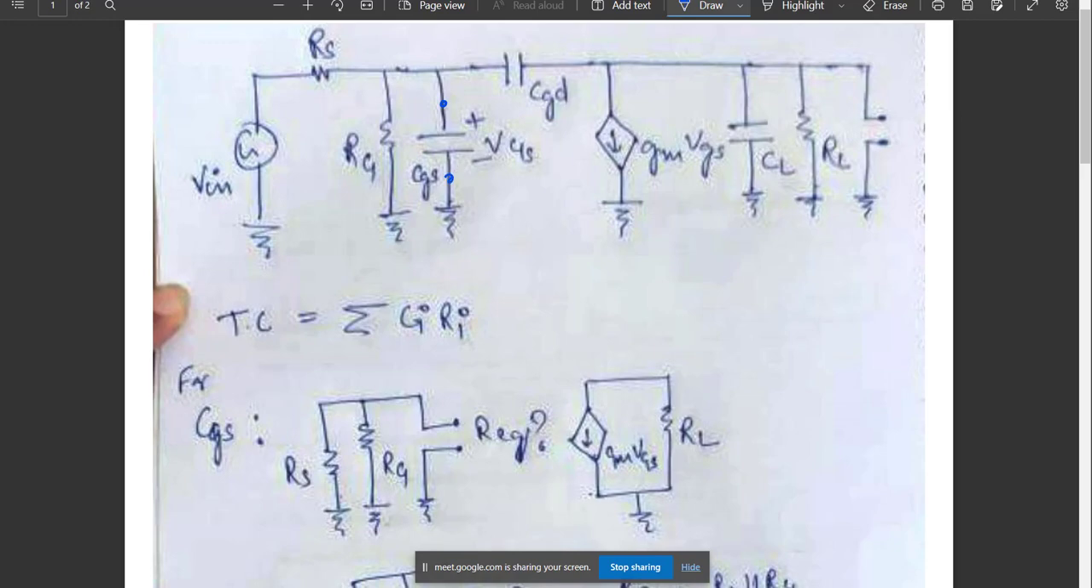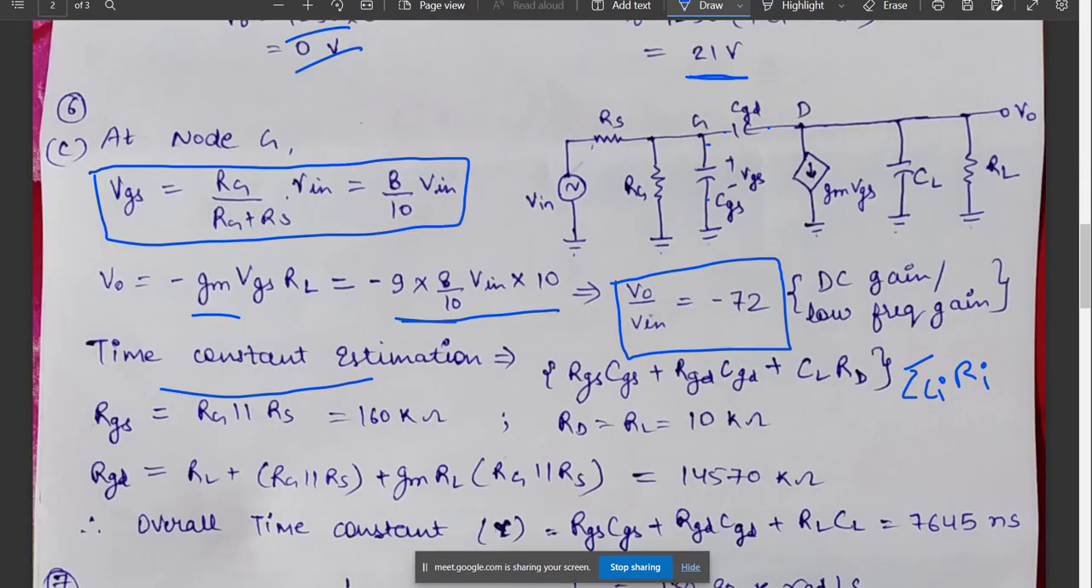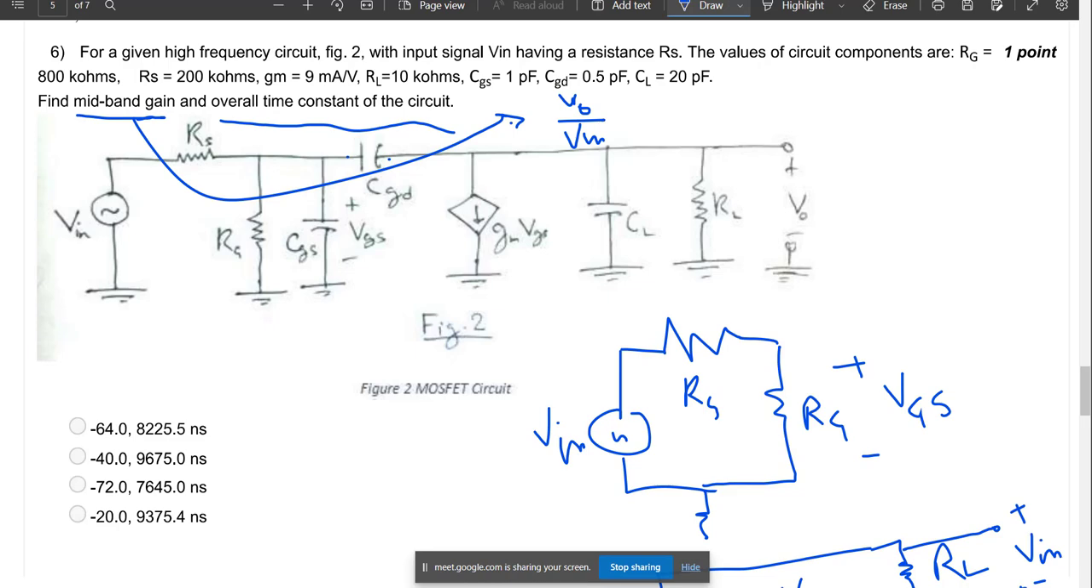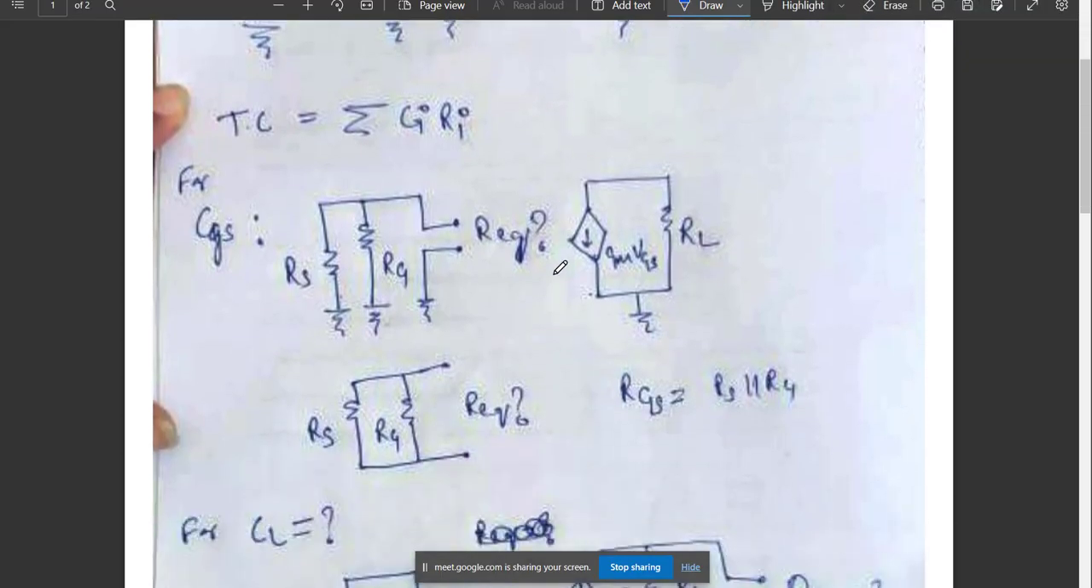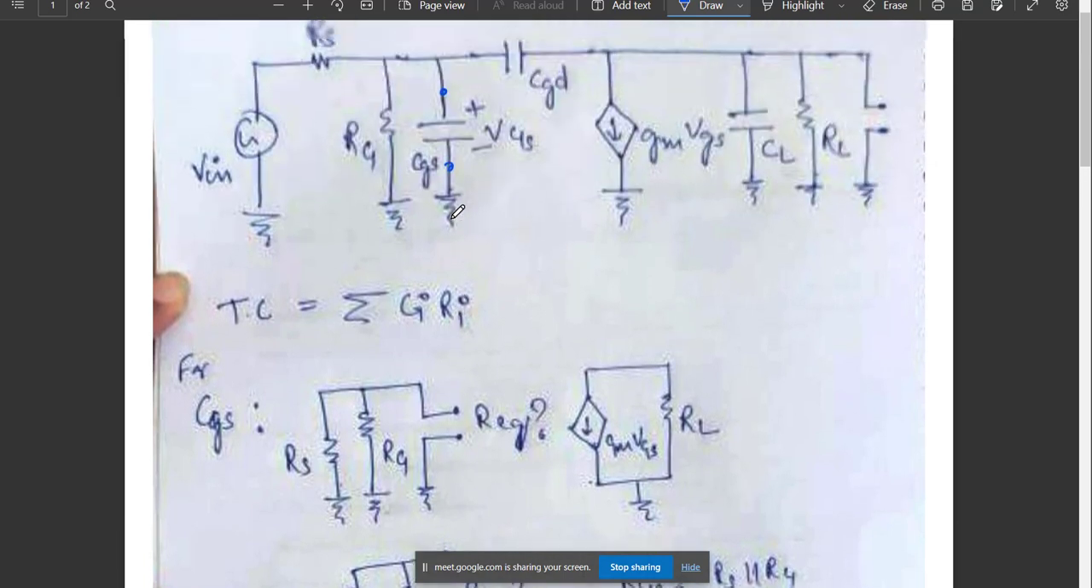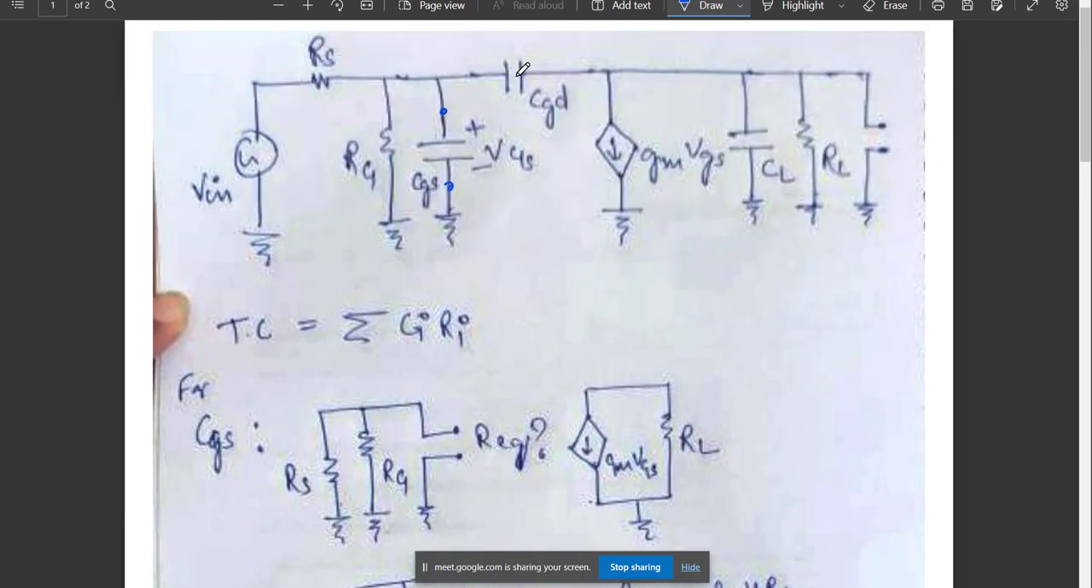Till here, do you have any doubt till finding out the mid band gain? Any doubt till mid band gain? Okay. Let's go ahead. So CiRi. Now we have to open circuit all the capacitors. All the capacitors are supposed to be open circuit. All the voltage sources are supposed to be short circuit, and all the current sources are supposed to be open circuit,